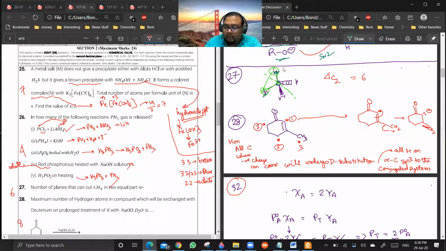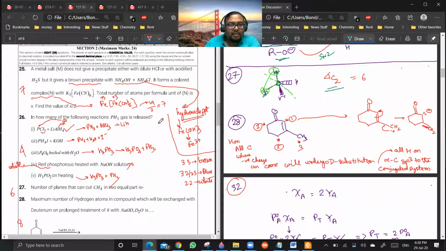You have to select two hydrogens from a pack of 4 hydrogens. How many planes are possible? 4C2. Are you getting this? Yes, sir. I have discussed this problem in the class also. If you remember the plane of symmetry discussion, I have discussed this. But anyways, after this, 26 and 25 are knocked out.